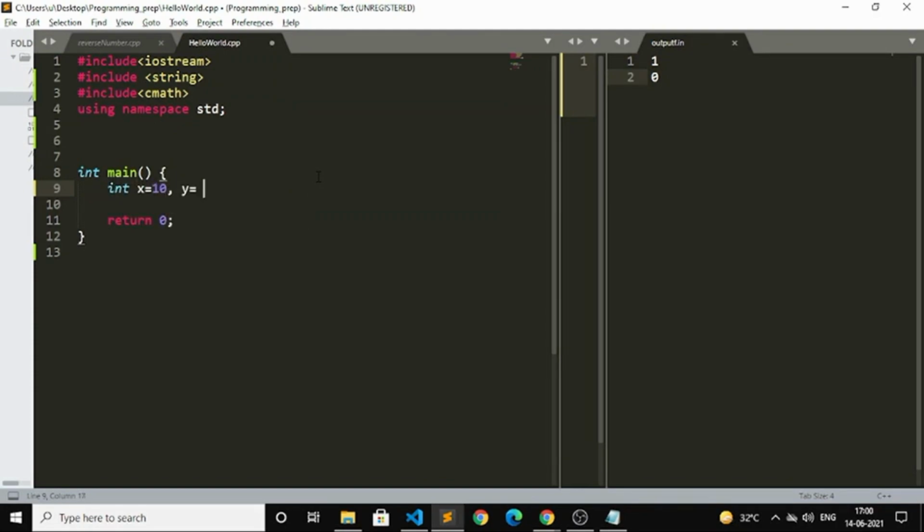I will mention int x equal to 10, y equal to 20. In the if condition, I will write the condition x is smaller than y. Okay, then I will write the code. So what is the code here? cout, insertion operator, x is lesser than y, semicolon. And then else,